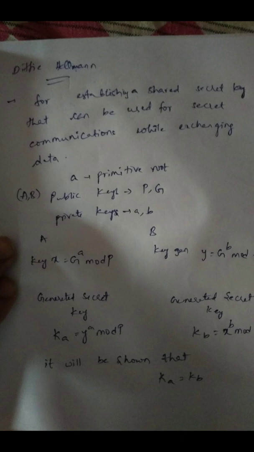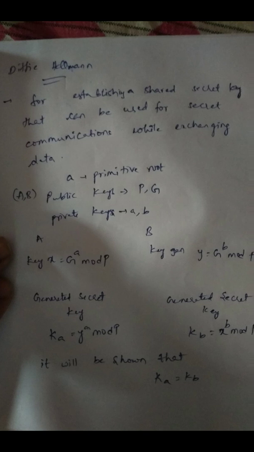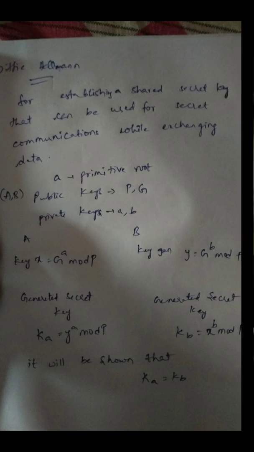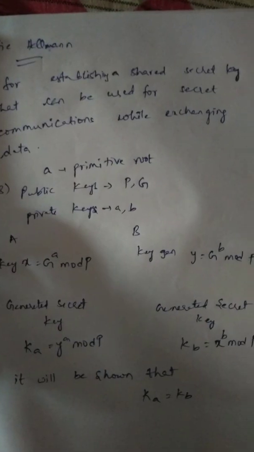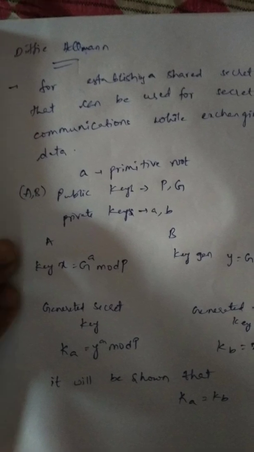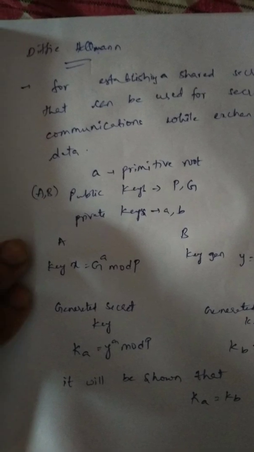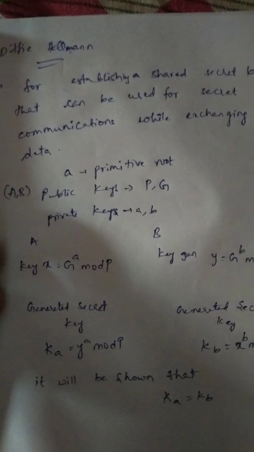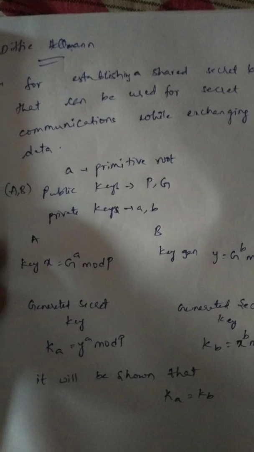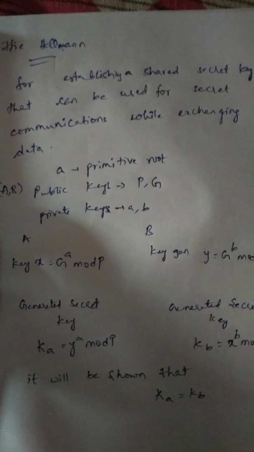So for implementation, if we take an example of small a equal to 4, P equal to 23, this P is a prime, and G equal to 5, for user A, x is equal to 5 power 4 mod 23, which is 4. Then key generation for user B, y is equal to 5 power 3 mod 23, which is 10. Then on the receiver side, 10 power 4 mod 23. Here P should be a prime number, 23. 10 power 4 mod 23 will be the value 18.